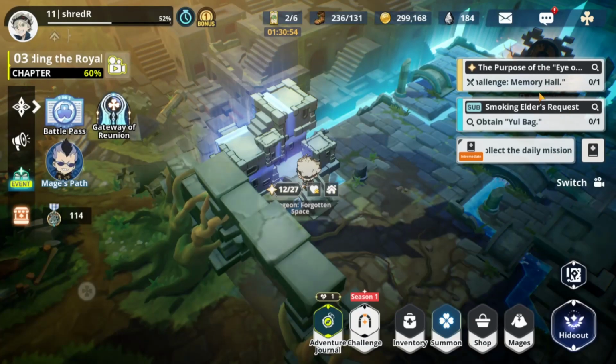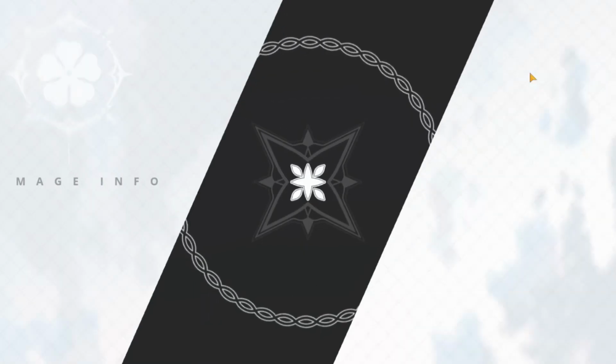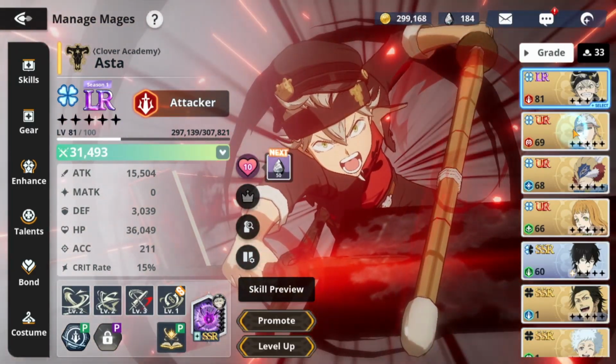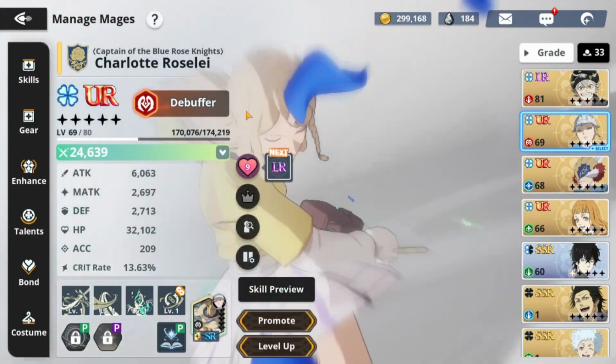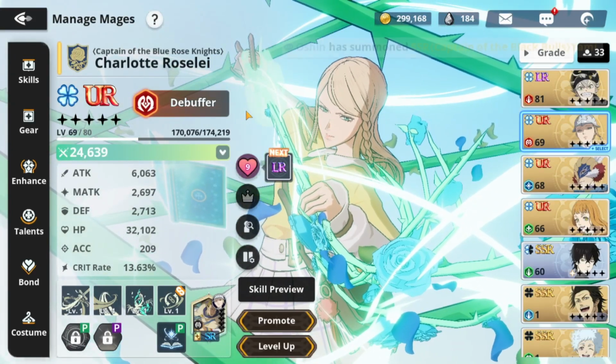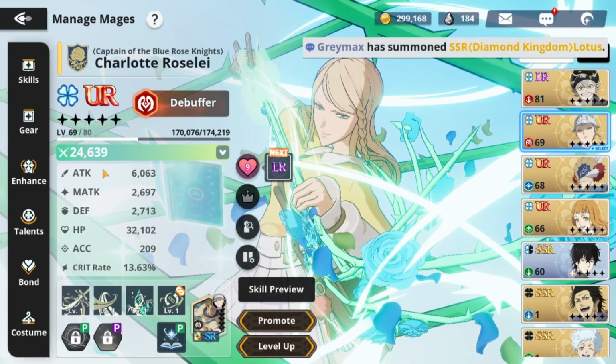And with all these skill materials, there's definitely a free unit that we get, which you guys really shouldn't overlook. She is really actually quite good. So everyone's going to get this unit at the start. Charlotte Rosalie, she did get buffed since the closed beta as well, and she's actually a really nice free starter unit. She has really good debuffs,